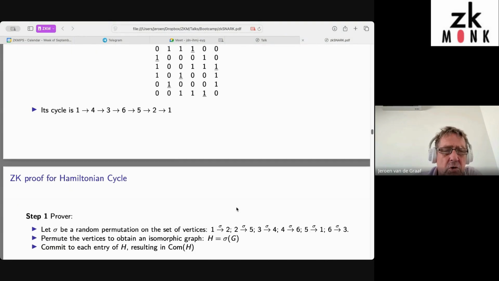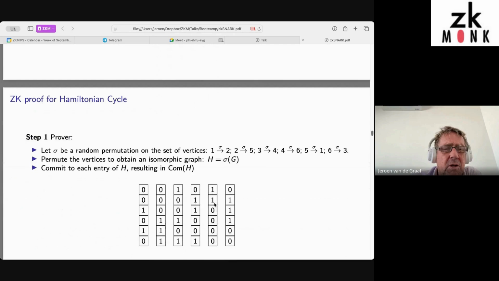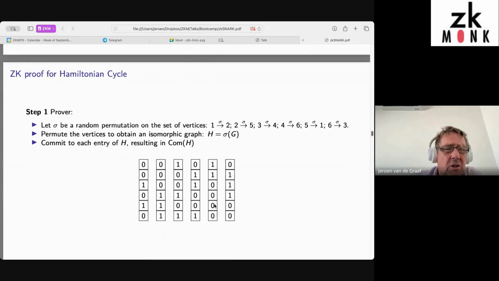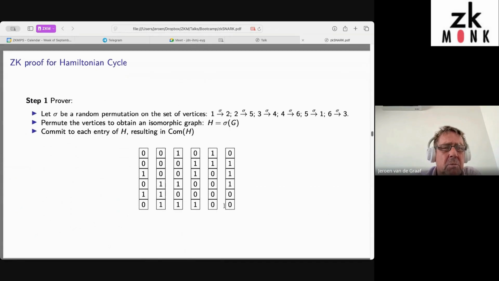So now I'm going to show you how you can show in zero knowledge, using bit commitments, a proof for Hamiltonian cycle. What we are going to do now is the prover is going to choose a random permutation on the set of vertices. So vertex 1 is going to be vertex 2, 2 goes to 5, 3 to 4, etc., etc. And so if you take